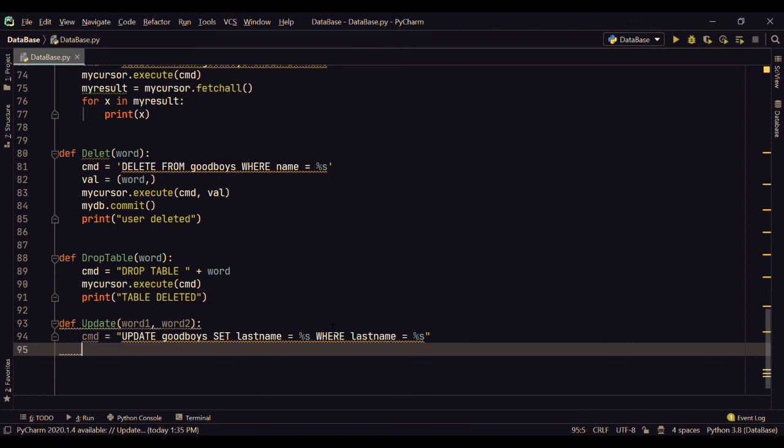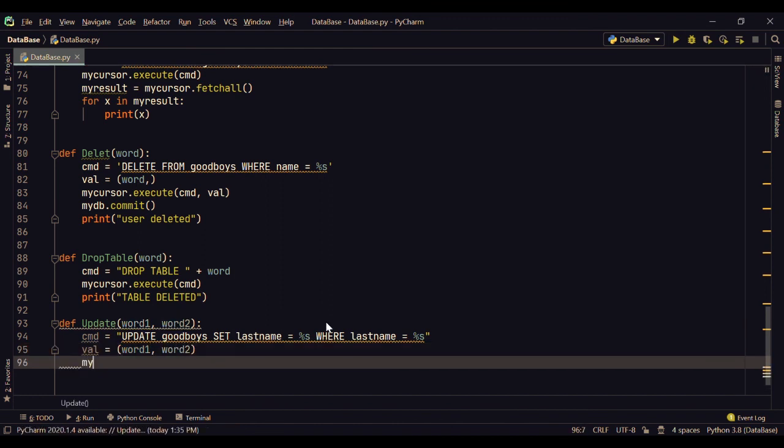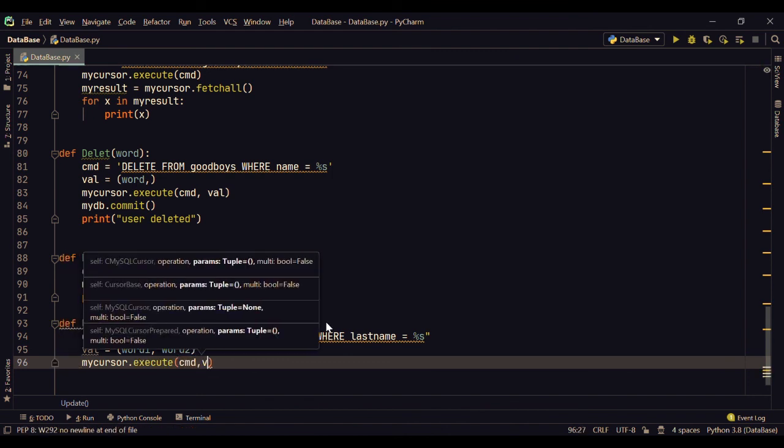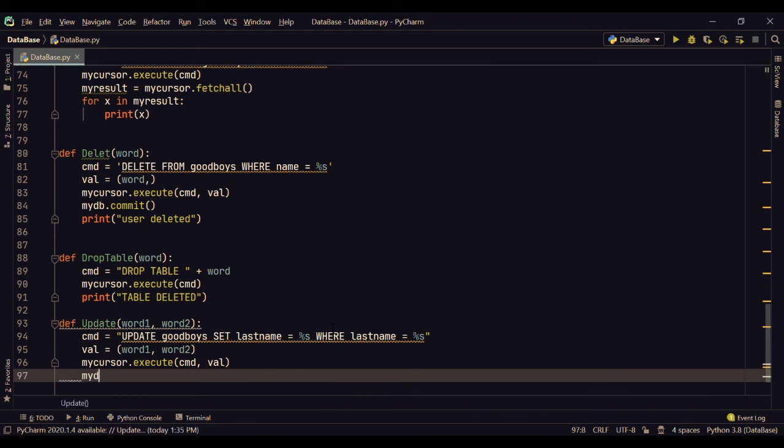So the value is the CMD and word 1 and word 2, cmd and the value. As I said, you have to use the commit function for updating and deleting and inserting to your database,